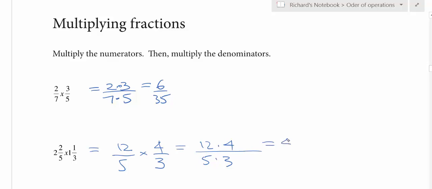12 times 4 is 48. 3 times 5 is 15. And then what I would need to do is I would need to recognize that both 48 and 15 have a common factor, 3. So this actually becomes